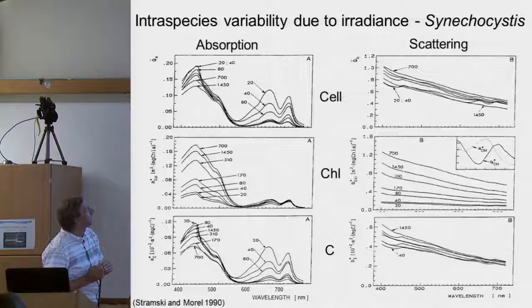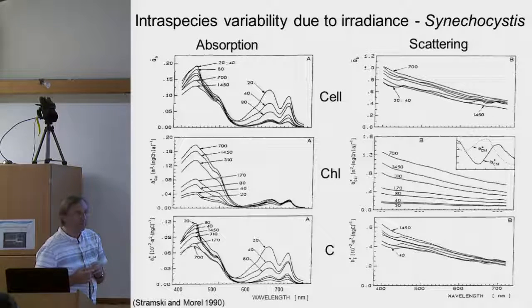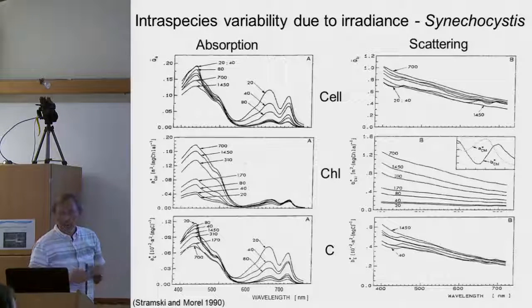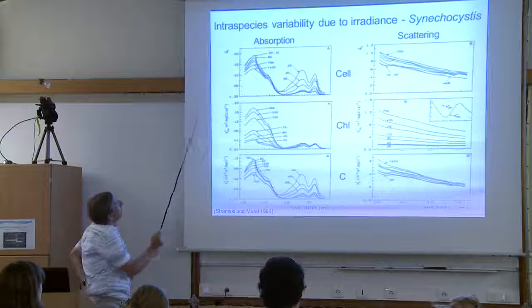A few slides, maybe three or four slides, about the fact that things are even more complex, because these are living organisms, and they change their properties in response to environmental or growth conditions. If you grow them under low light versus high light, you will see changes in optical properties, changes in size, changes in refractive index. Other environmental factors, such as temperature and availability of nutrients, can also cause differences. So this is an example of an experiment in which you have Qa, Qb,